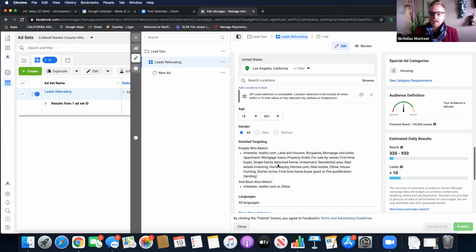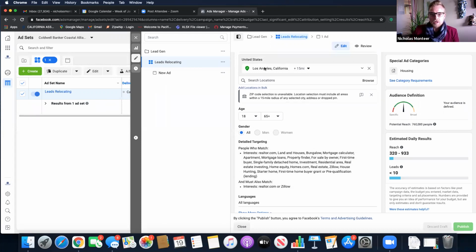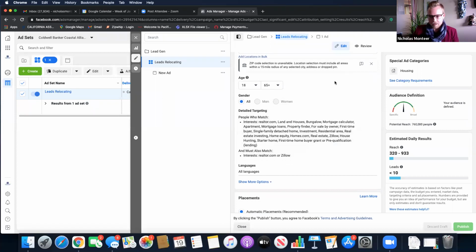With a real estate ad of any kind, you have to abide by the housing guidelines, so that it's a protected category. There's 4 protected categories: credit, employment, housing, and I always forget the last one. Oh, political or religious promotion or something of that nature. So up here, it makes you choose a city. You have to choose 15 plus miles. You don't get a choice on that. And then you can't choose any age range or gender. Not allowed to choose any of that stuff.